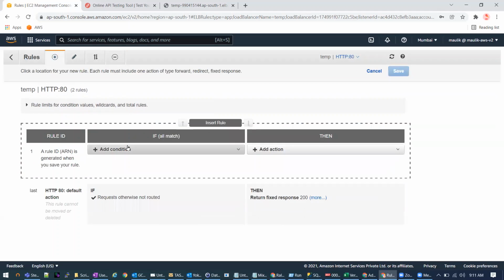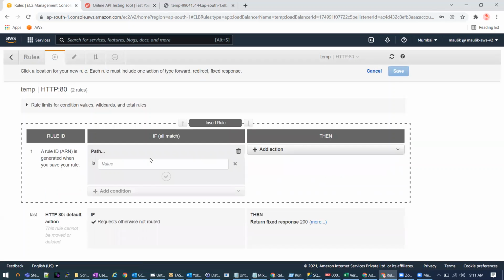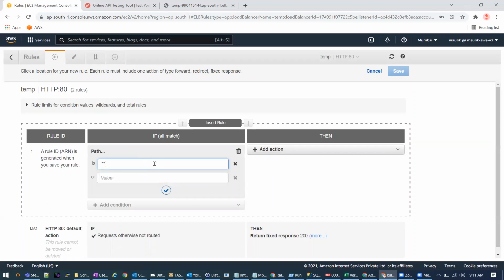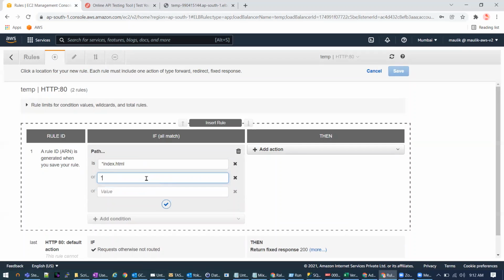Okay. And there is path. So path is just anything within that URL. For instance, I can put index.html, or my page.html.